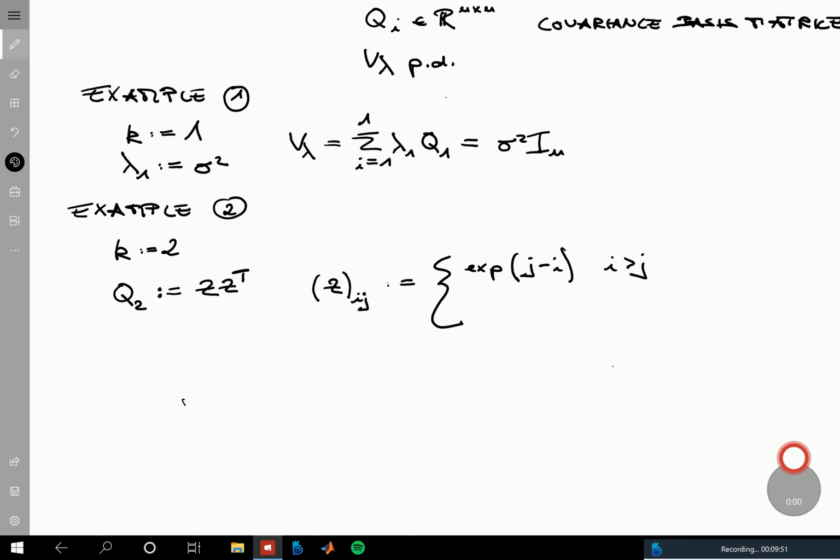I is larger than j, and 0 if i is smaller than j. So basically, this thing here is the negative part of the exponential function. If you think about the exponential function, and we have 0 here, then we are talking about this bit here of the exponential function, which goes down the further away i is from j,